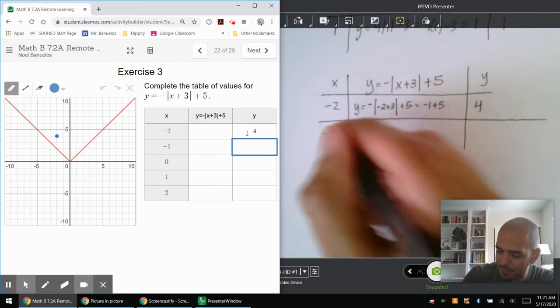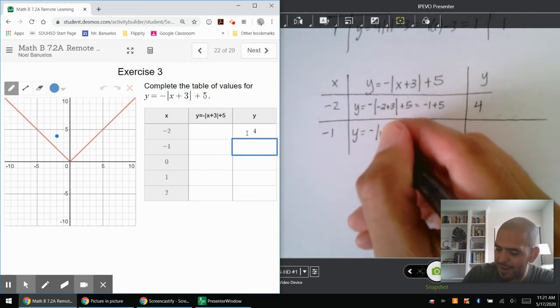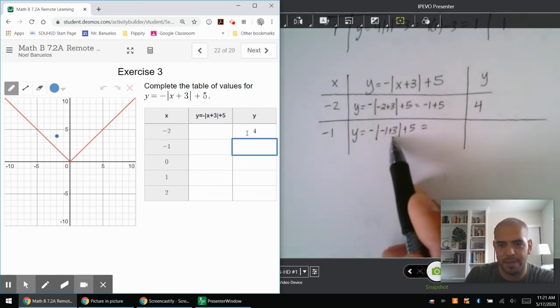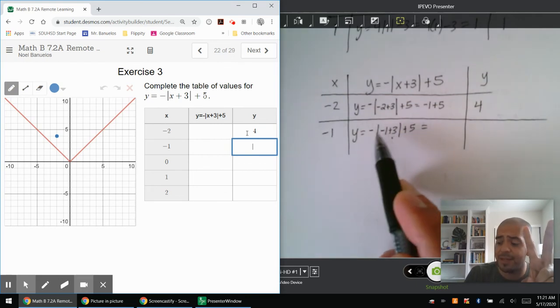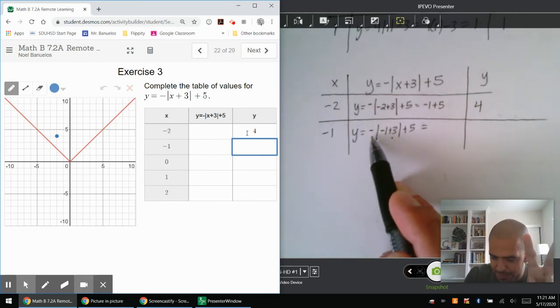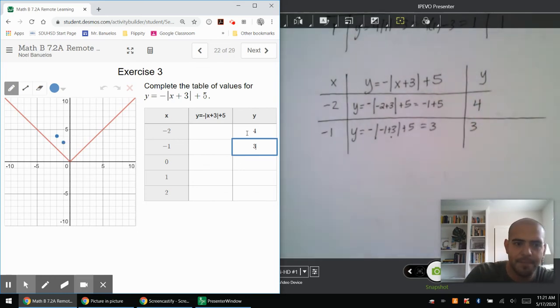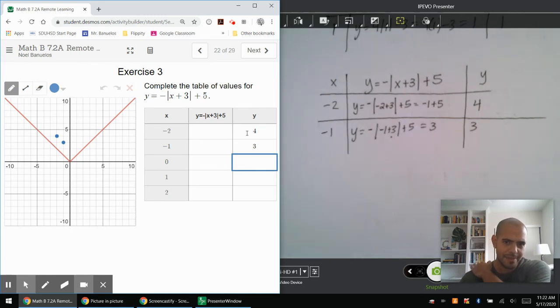Next one, negative 1. y equals negative absolute value of negative 1 plus 3, plus 5. Okay, negative 1 plus 3, 2. Absolute value of 2 is 2, times the negative is negative 2, plus 5, which is 3. Okay, I'm going to type that in. And you would just continue on. I think what would help is if we did a value for -3 here,